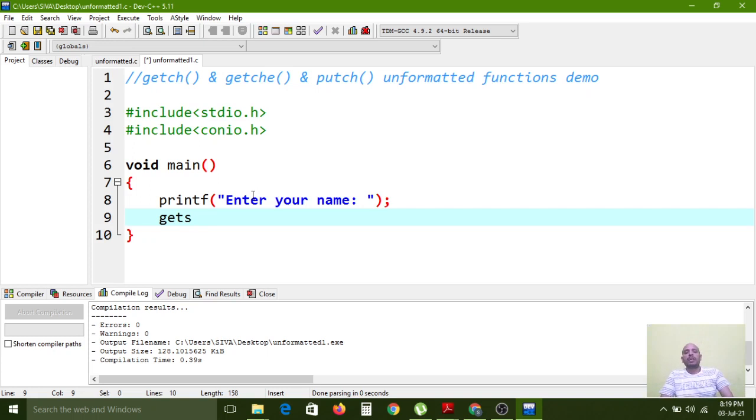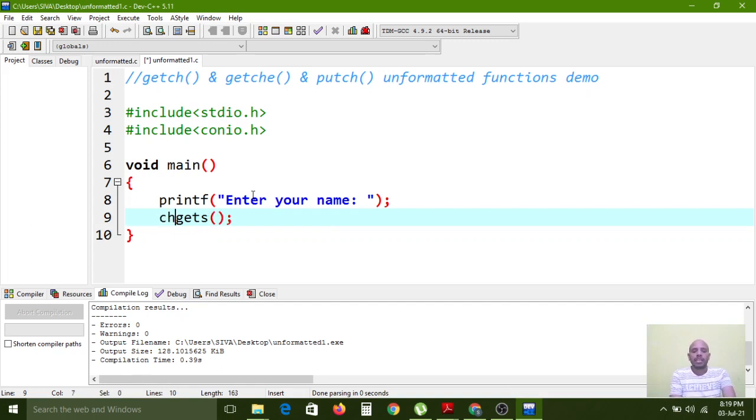In the previous example we discussed single character functions, because those only take a single character as input and print single characters only. But the gets function will accept strings. So I am calling the gets function. After that, the value collected through the keyboard needs to be stored in one variable.